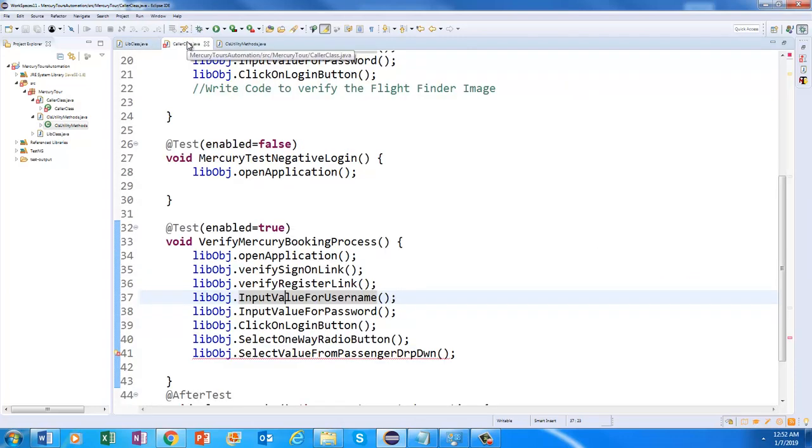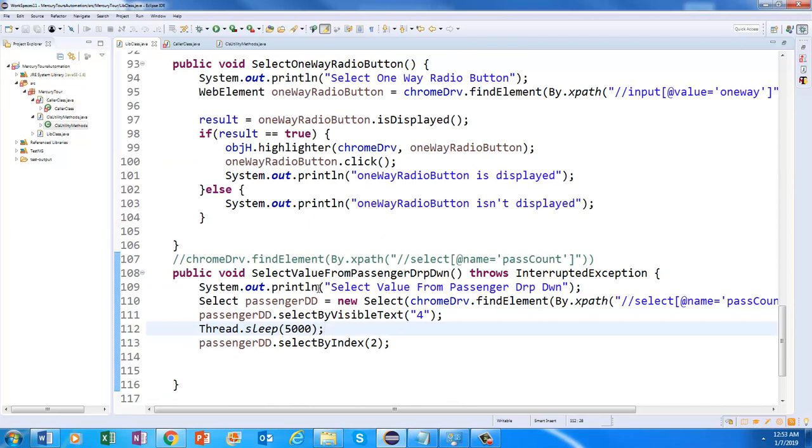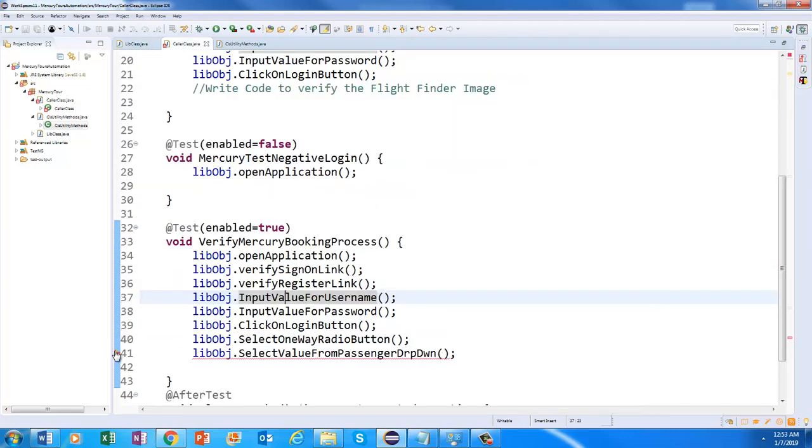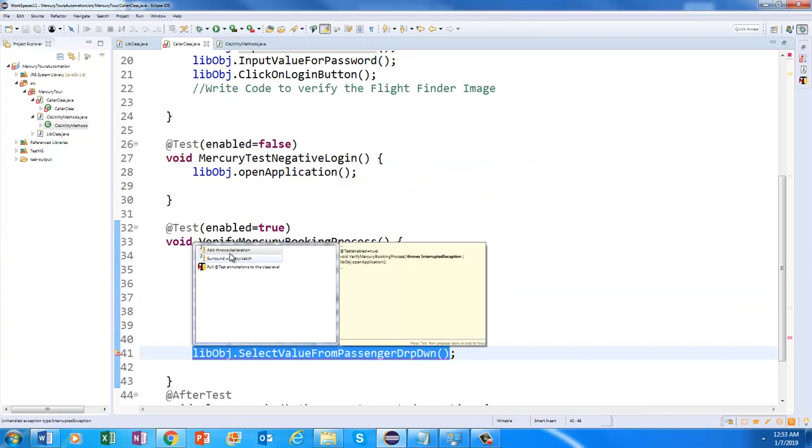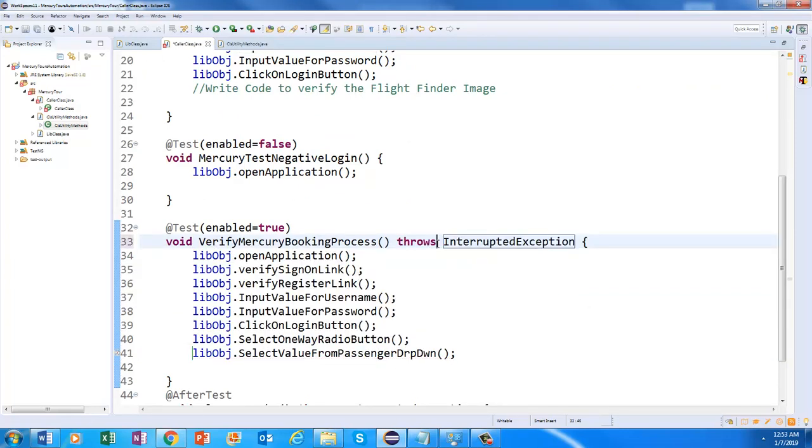So here, caller object, select from passenger drop down, it is complaining about an unhandled exception. So what we will have to do: if you use this Thread dot sleep anywhere, then wherever we are calling this method, we will have to click here and bring add throws. Can you see it will be adding throws here, right? Now if you execute it,